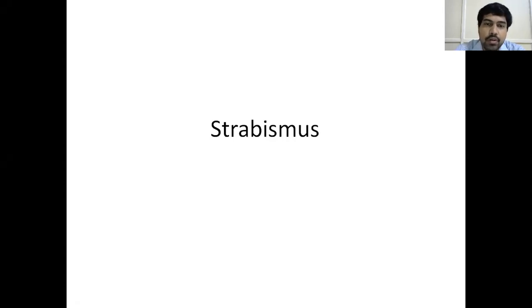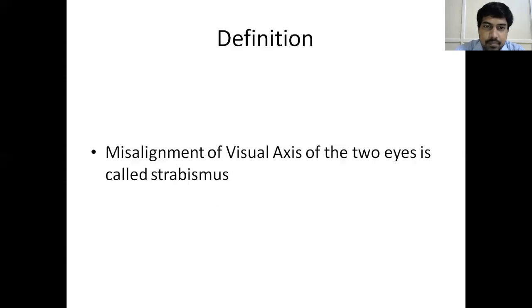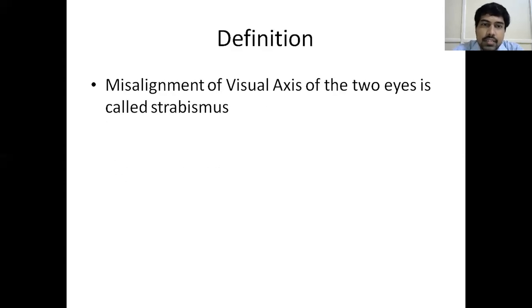So today we'll be going into the pathology part, that is the exact strabismus or squint, the core part. Let us see what strabismus is, what the various varieties are, and what is going to happen here. So definition: misalignment of the visual axis of the two eyes is called strabismus. The two eyes in the primary gaze remain orthophoric, that is, they remain in orthophoria. Both eyes will be looking straight.